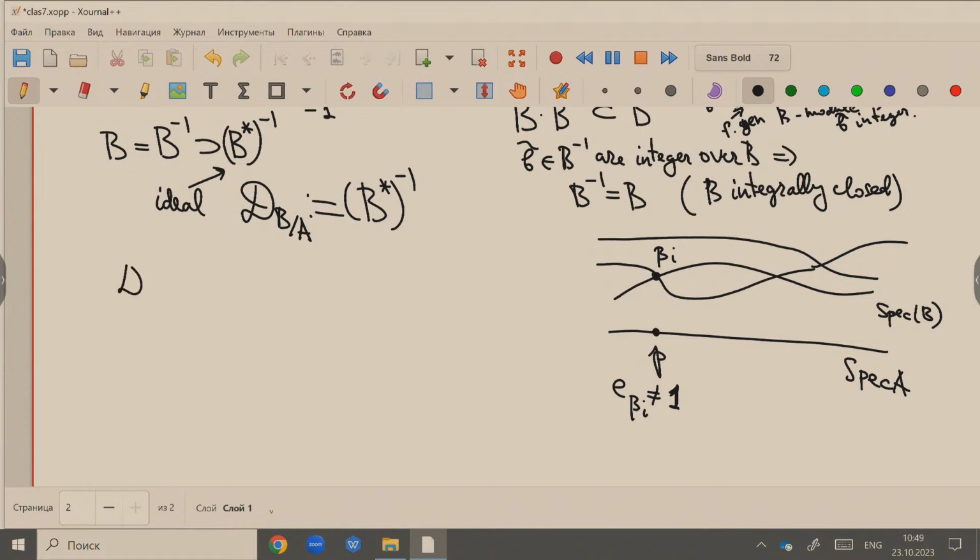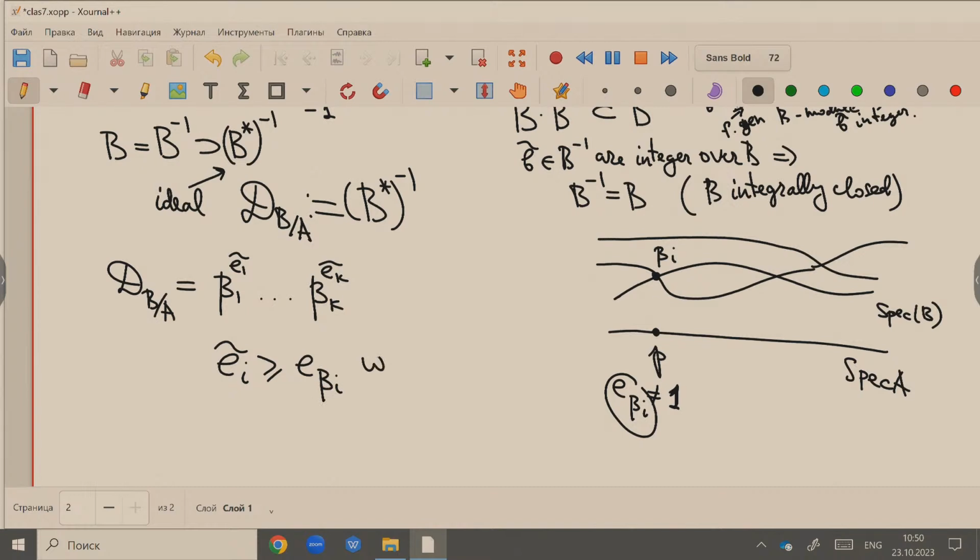It can be written as beta 1, etc., beta k to some powers, e1 tilde, ek tilde. And you can recover these ramification indices from these ones. So the e i tilde are bigger or equal than the ramification indices,